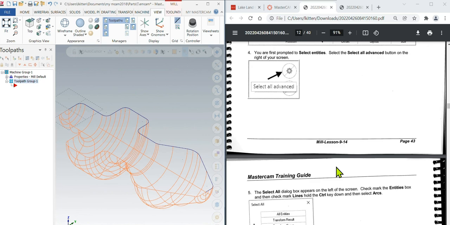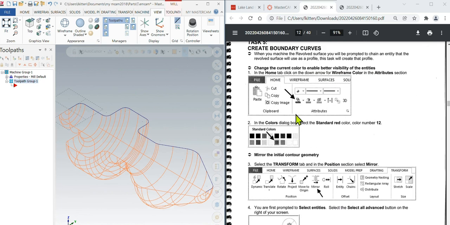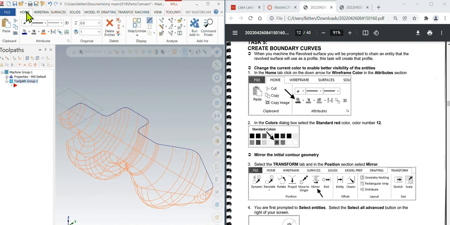I don't think we need to do. I guess maybe we better do this just to make sure we don't have any problems with 7 people in here. All right, so on the Home tab, okay, and